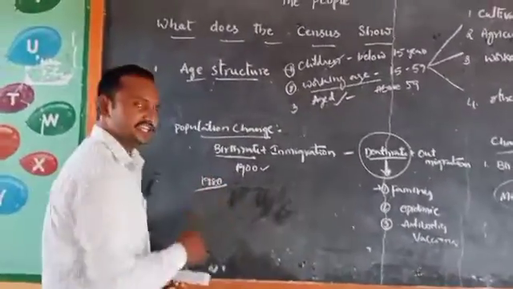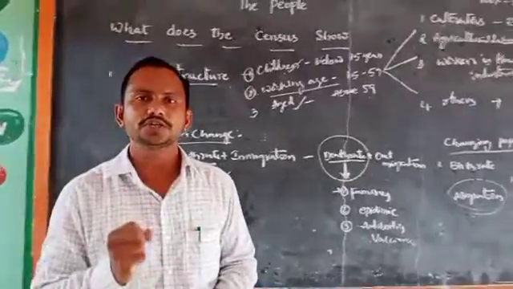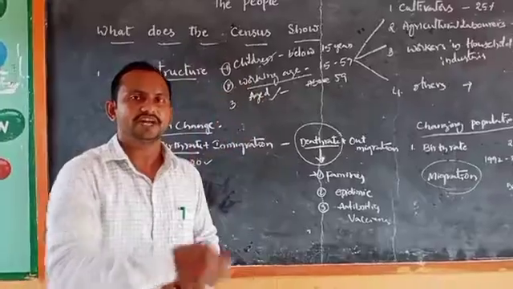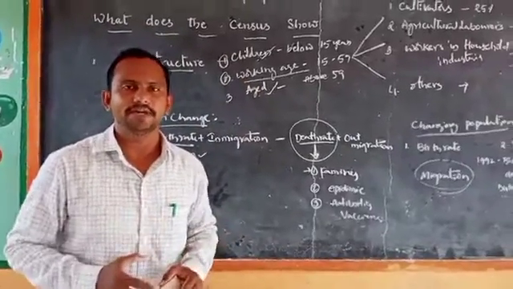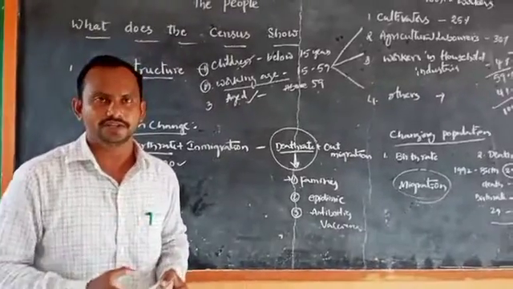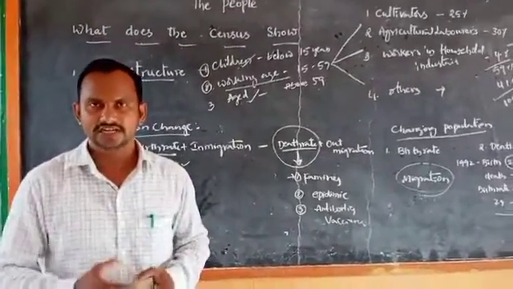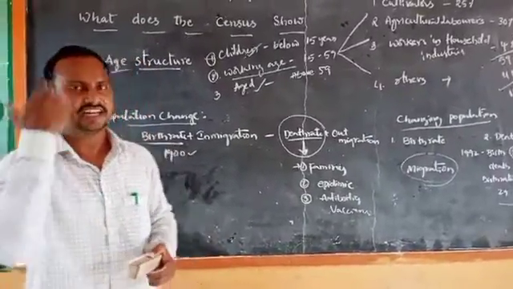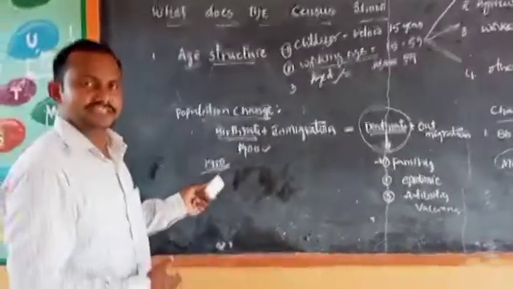Because before 1980, most of the parents wanted to give birth to many children. Because earlier, before 1980, most of the families depended upon agriculture. To do the agriculture, they needed more manpower. That's why they wanted to give more births. That is one reason. And also social security. In the earlier age, because of the lack of medical facilities,